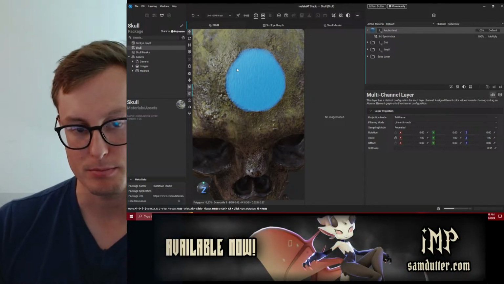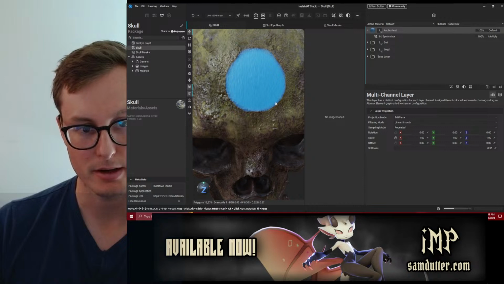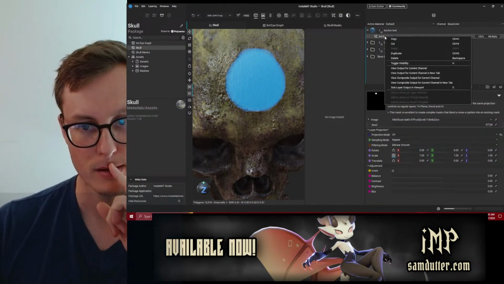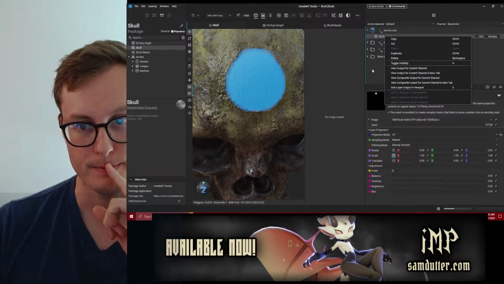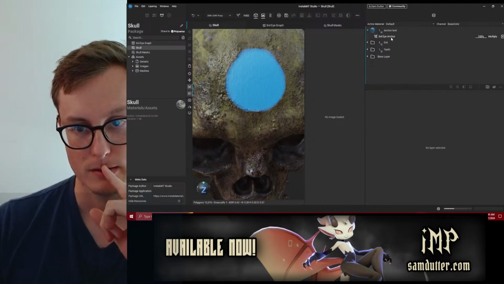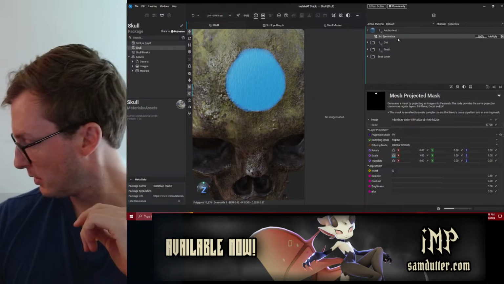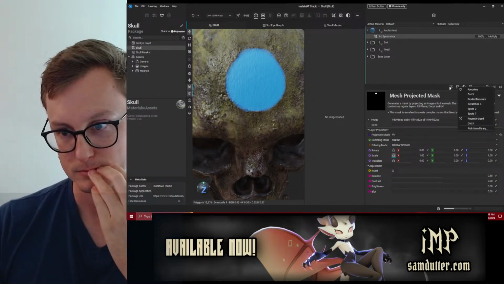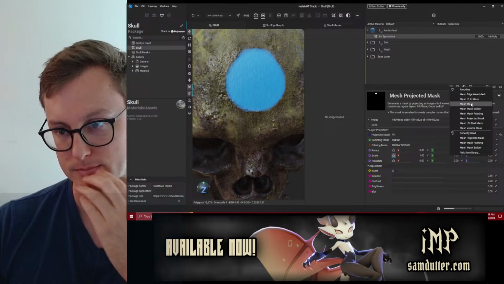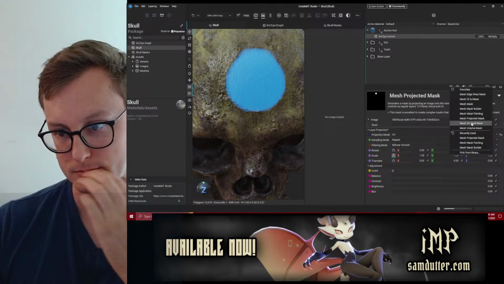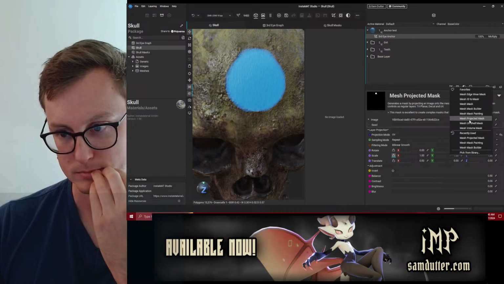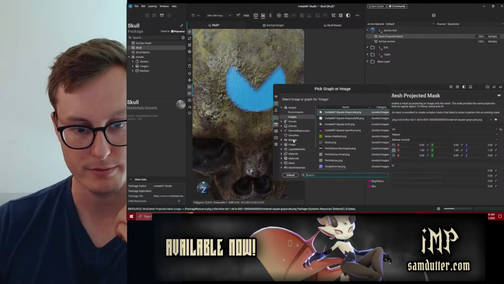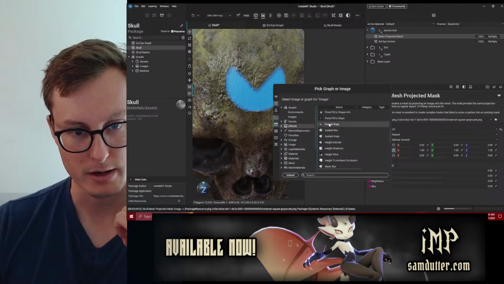Now what's cool too is I can paint it out. I can change it on the mask layer. It'll come in changed, or I can change it on this layer. So if I did a projected mask, UV, we add one of the effects like fractal warp.